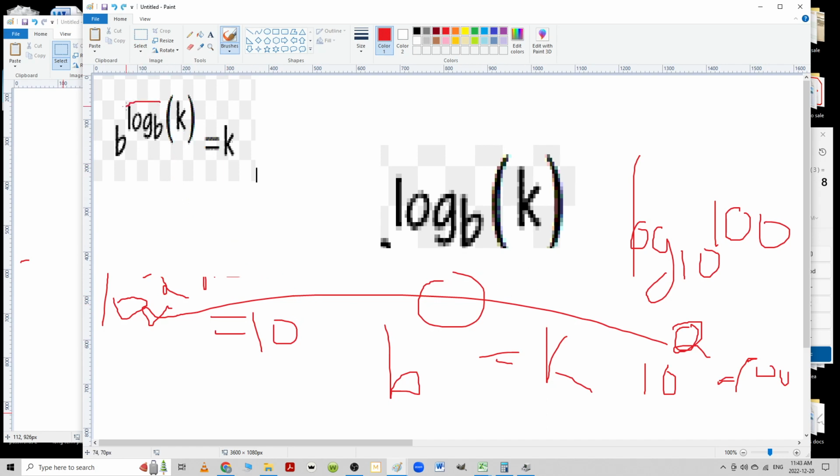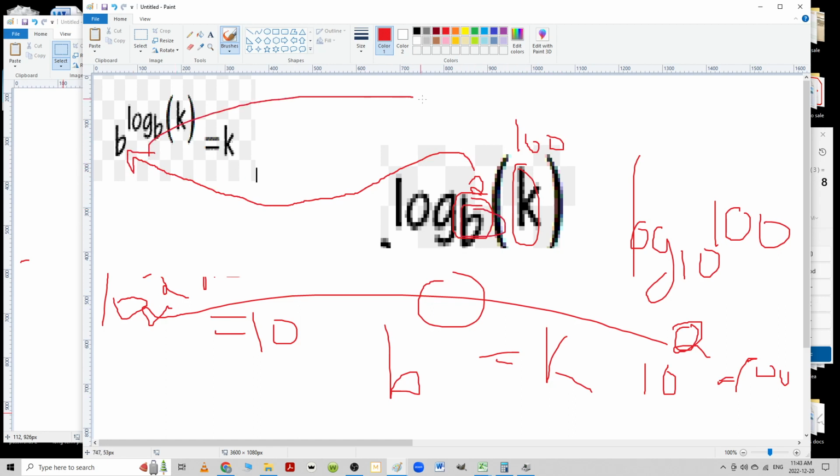In other words, this exponent of a log, they simply cancel each other out, because this is finding the exponent that you would put over b, and then it's putting it over b. So of course you're going to get whatever you were looking for in the first place as a result, no matter what, because this process finds the exponent that you would put over b, in this case 2, to get k, in this case 100. And if I then take that exponent and actually put it over the b that I was looking at in the first place, I'm going to go full circle and get the 100. So this process